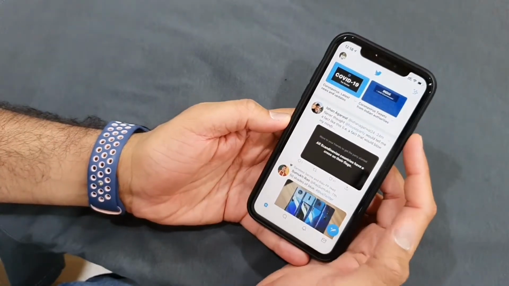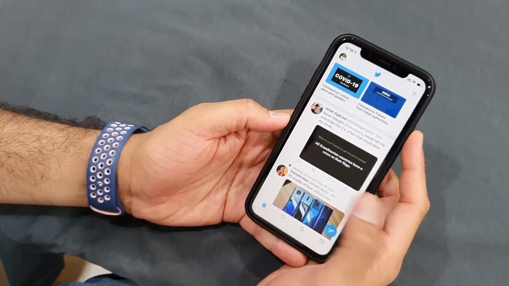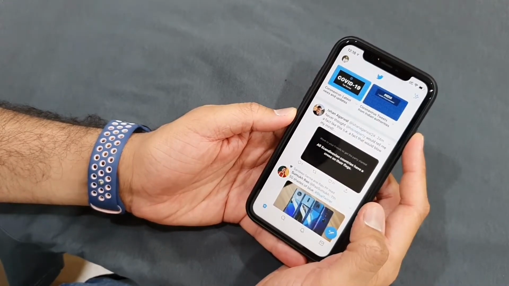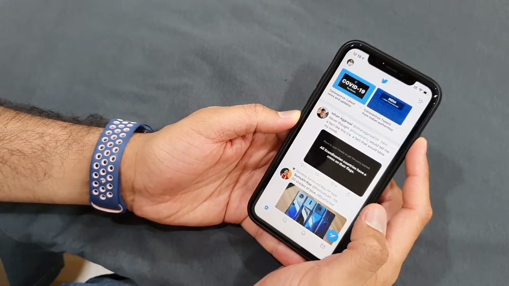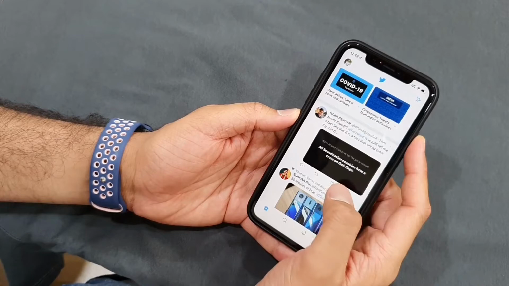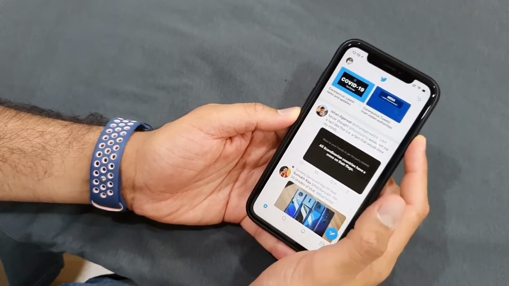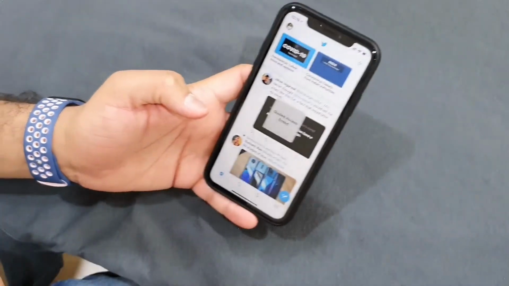Now how to turn it off? Just triple press the power button and it will again ask you for my password. If he has my passcode, then and then only he'll be able to get out of this Twitter app. And now guided access is on. It's really useful when you are in a situation when you have to give your phone to someone for doing some particular task.